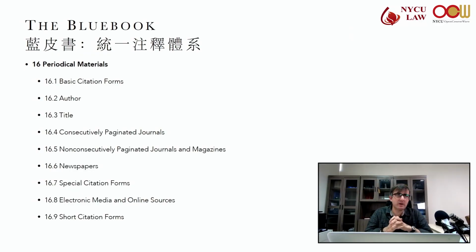So in Rule 16 we're talking about periodical materials. And with this I'm usually always thinking about law review articles. So the basic citation form, we start with the author's name, set off by a comma, and we don't use any particular small caps or anything. We're just using the regular font,